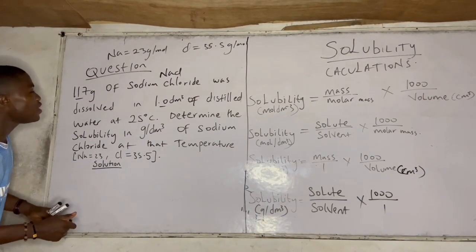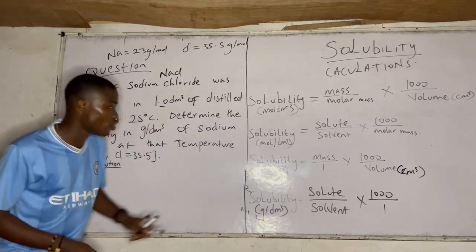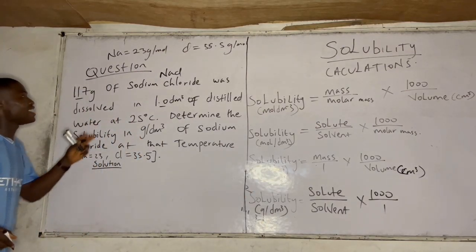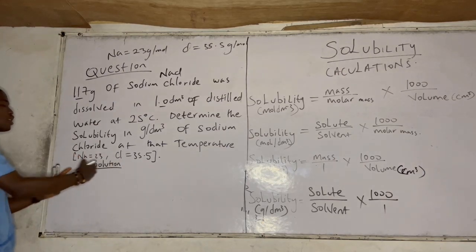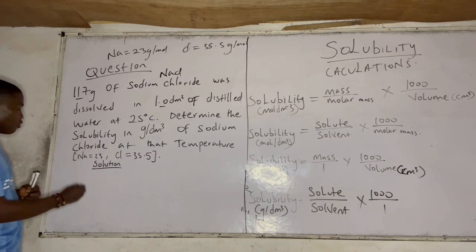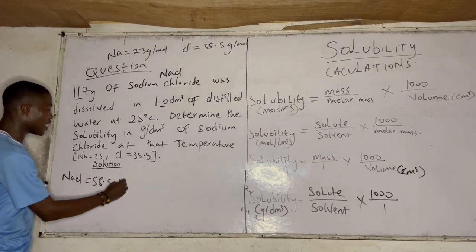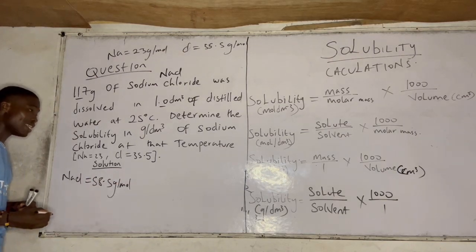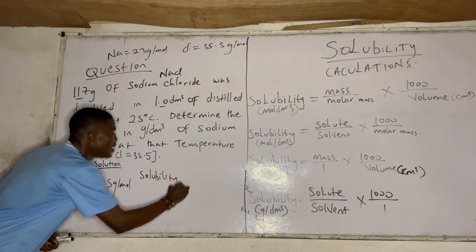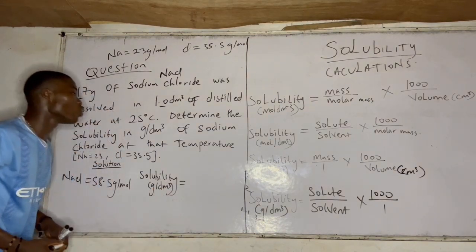To determine the solubility now in grams per dm³, I'll apply the third formula in grams per dm³. Because mass was given, I can determine the molar mass, because the respective atomic masses of NaCl were given. So we can determine the molar mass of NaCl, which is already 58.5. Molar mass has a unit of grams per mole, that should be noted. So the solubility in grams per dm³ is therefore equal to,